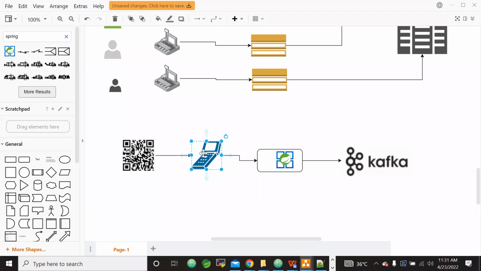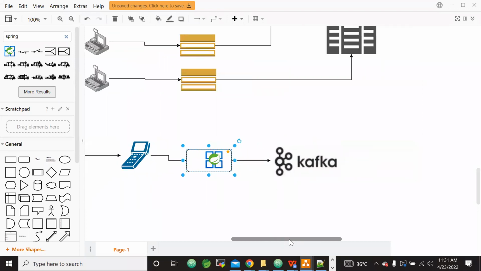Once the QR code is scanned, it will immediately show you the trailer of that movie. Just assume the case, right? Once your QR code is scanned, the trailer of the movie will start playing on your mobile. Two things are happening here: your ticket is validated and the trailer is coming to you. So assume that is the situation. Now when the QR code is scanned, this Spring Boot application will put the